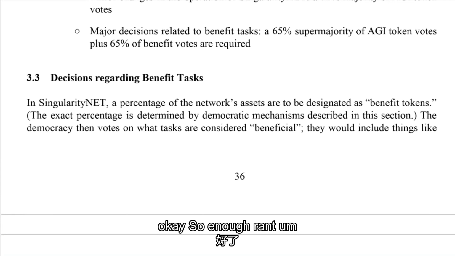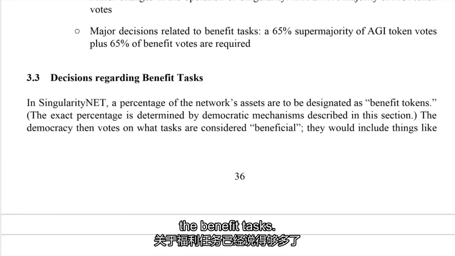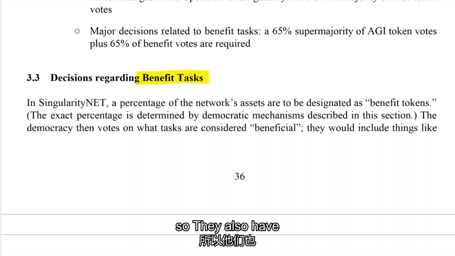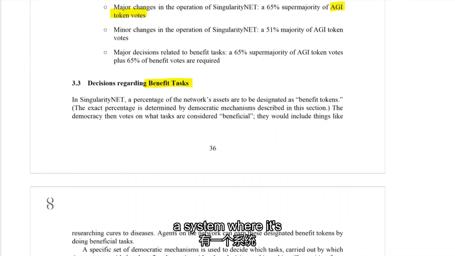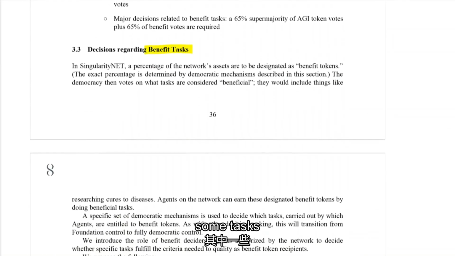Okay, so enough rant. The benefit tasks. So they also have in mind, you see there's a lot of stuff in this network, right? They also have in mind that this network should benefit humanity as a whole, which is a laudable task. But they have a system where some tasks are classified as benefit tasks, and these benefit tasks